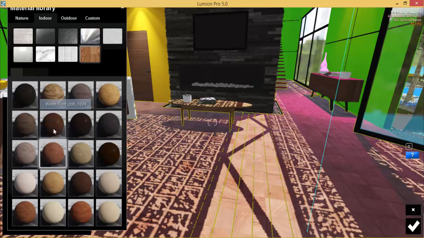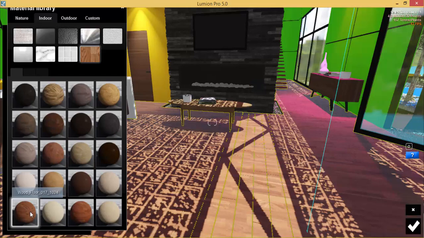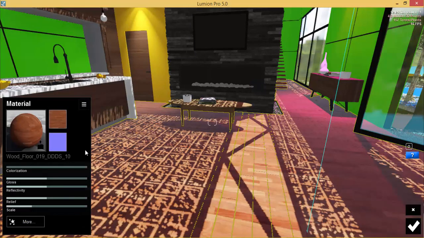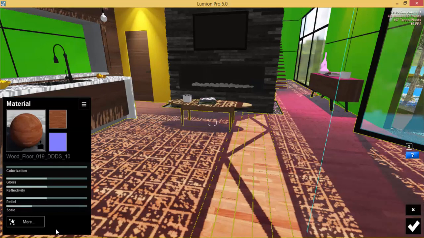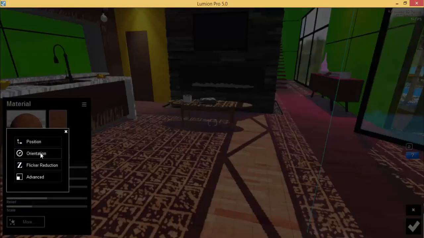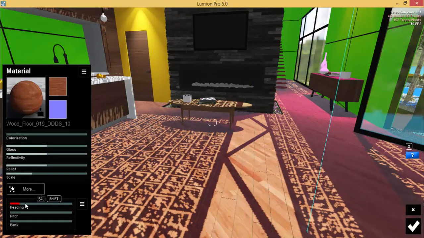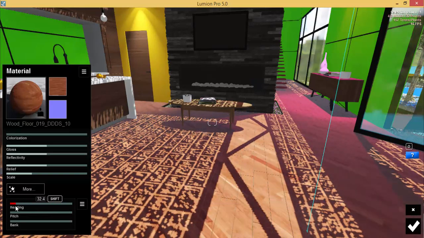Okay, I'll make something more evident for you to see, something clearer. Can you see now the wood grains are in the wrong orientation to the 3D model? The grains are wrong. So what we can do is click on more. When we click on this and orientation, we will be able to change the heading. Notice now the floor finish changes.